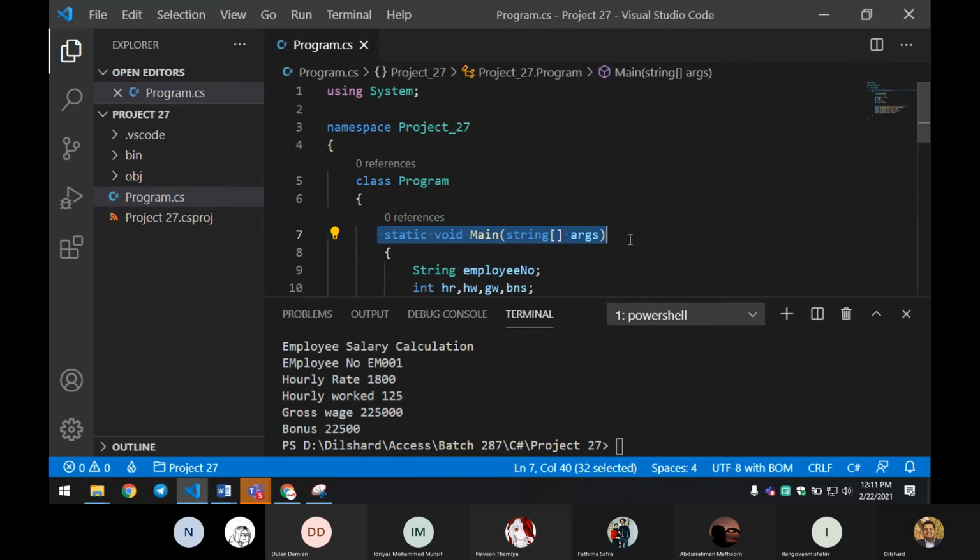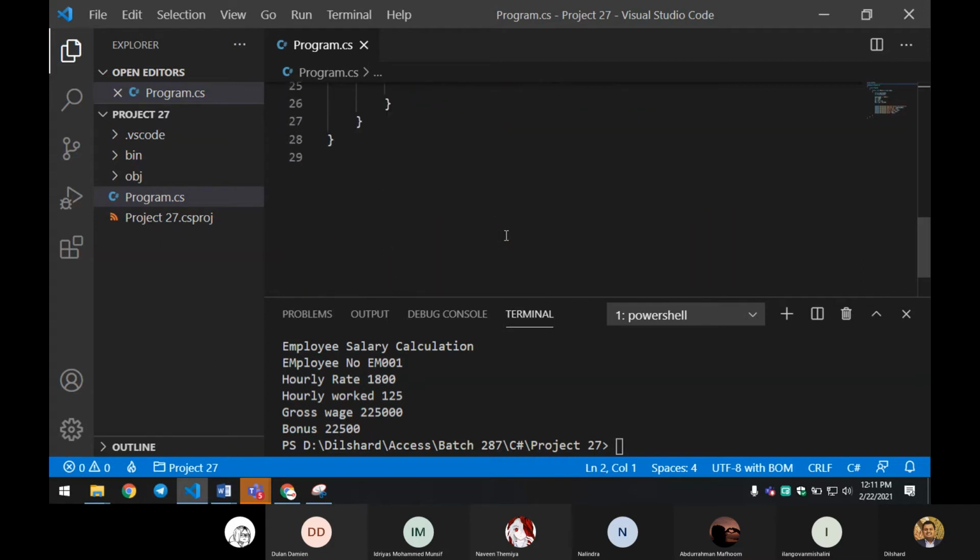There are some minor differences in the default code. We have the main method, static void Main. There is a class called Program, and the namespace, which means the project name, is Project 27. Likewise, we use another third party or inbuilt library, a supporting link saying using System. We can have any number of external plugins here, so depending on the feature, we can enable or call whatever we need.